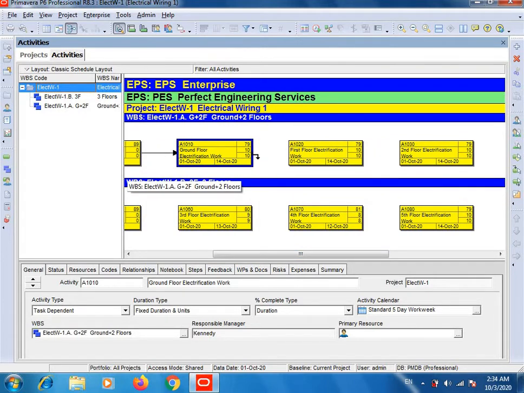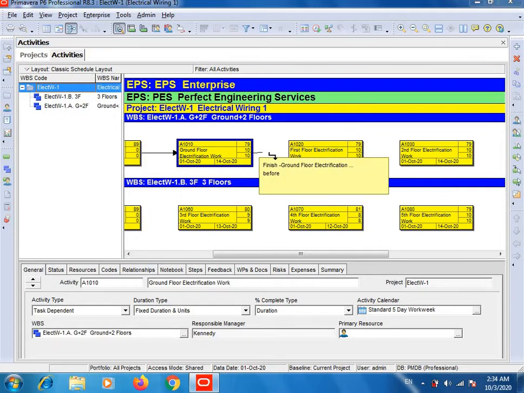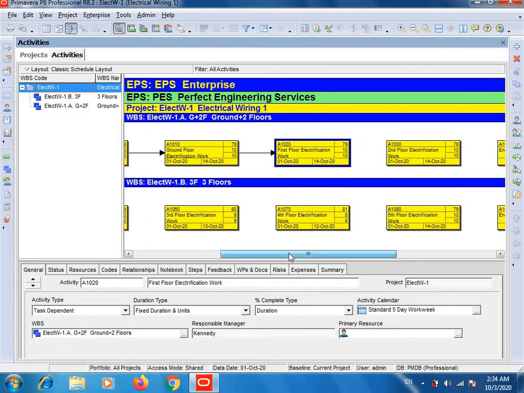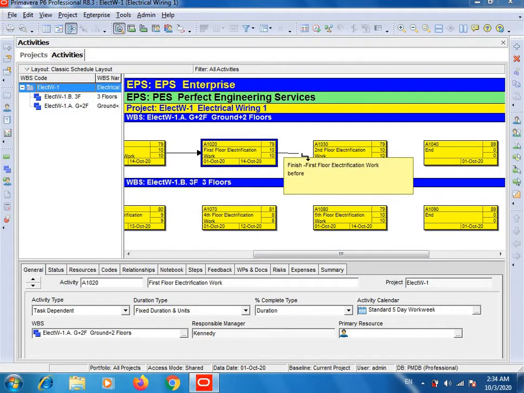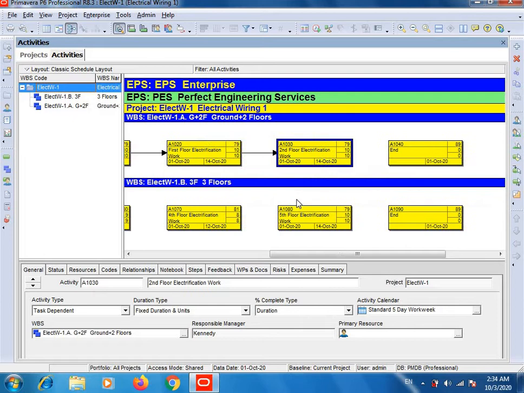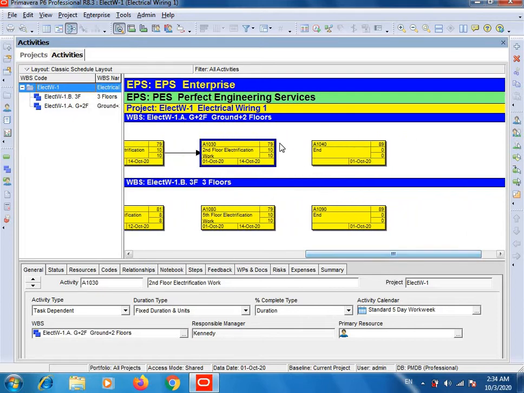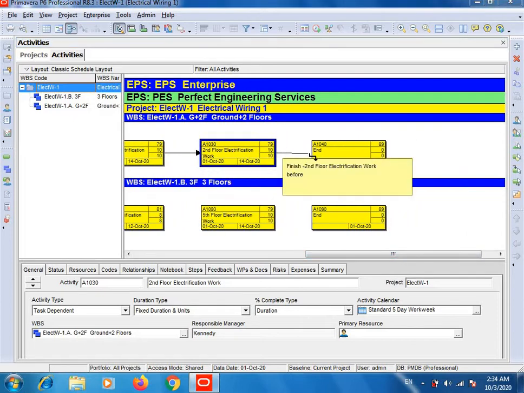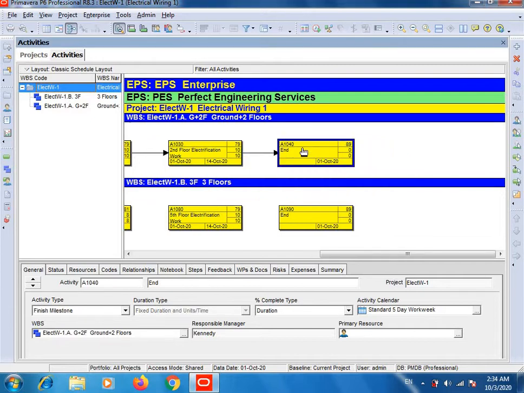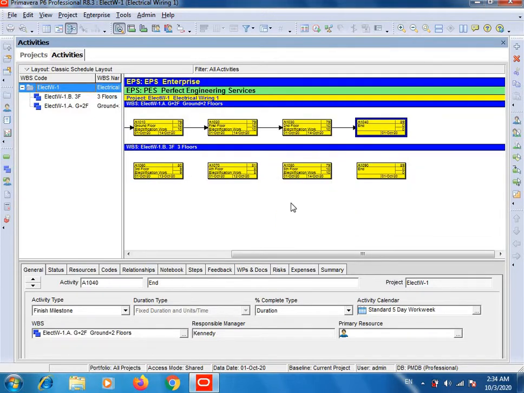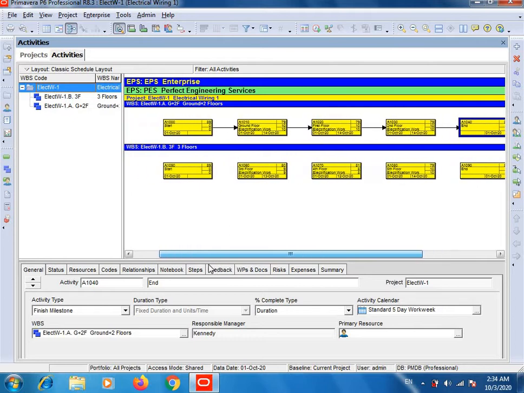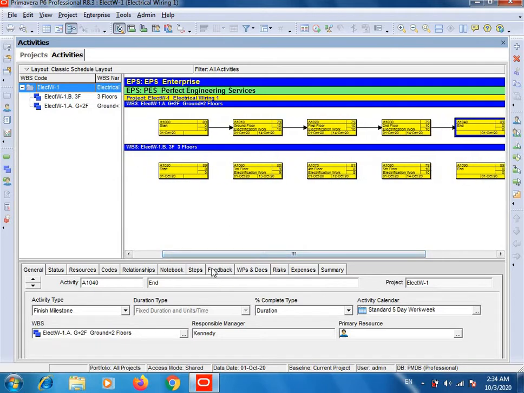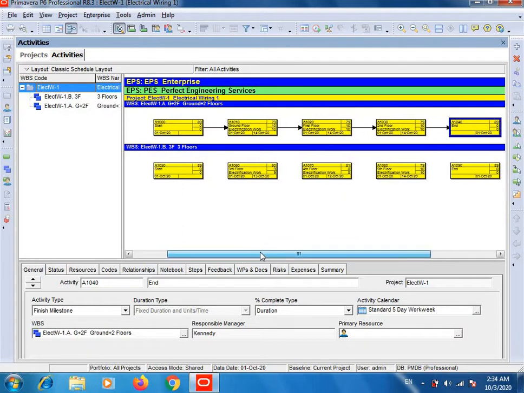Put your mouse cursor here, click, hold your click, and then connect this. Same as we did. So our first WBS networking has been done, as you can see the arrows.